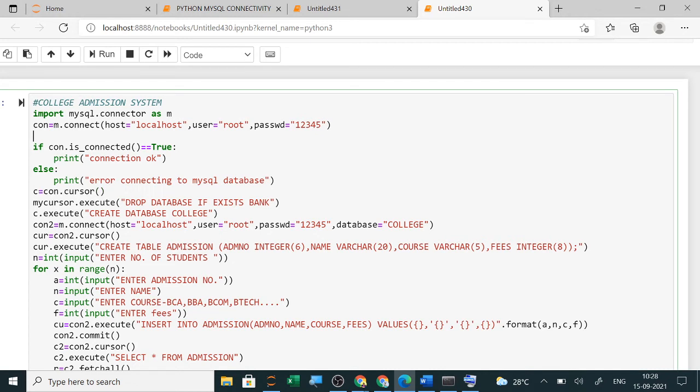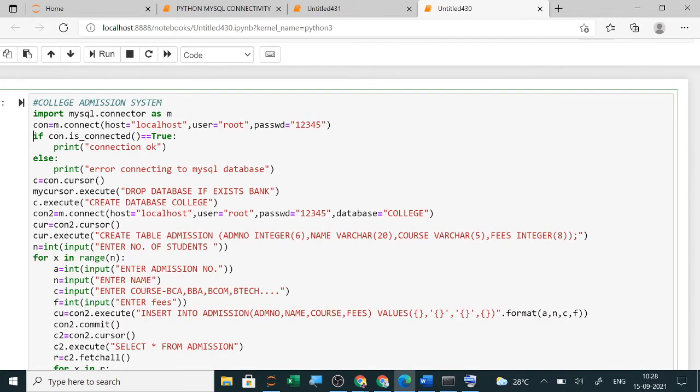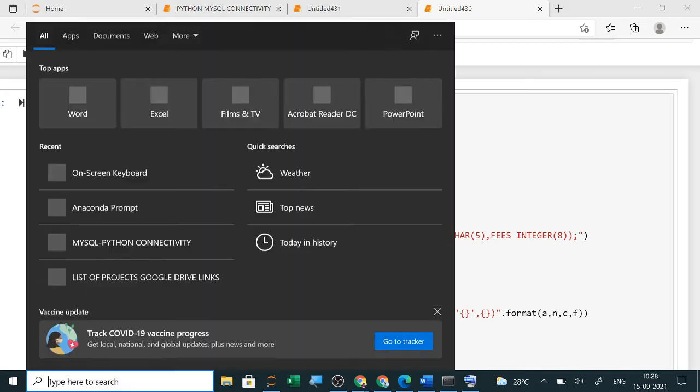So what it is doing is, after the connection, it is checking whether it is connected true, so it will tell whether it is okay or not okay. Now next is for execution. If the database already exists, it will show an error. If the table already exists, it will show an error. So before creating the database, if you want to create it again, you can use drop database and then create it. Like I will show you in MySQL.